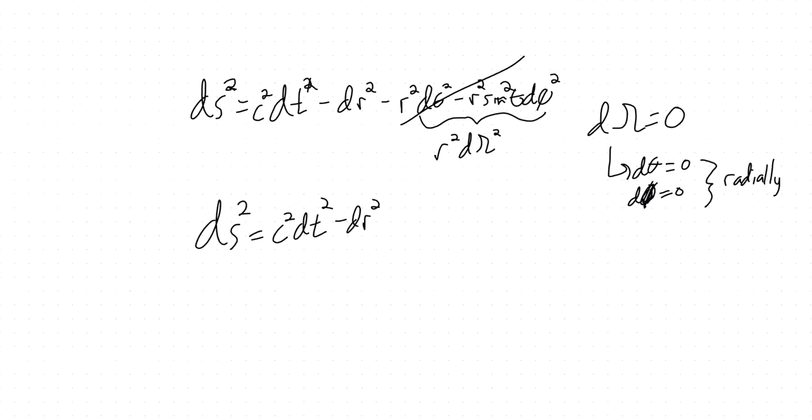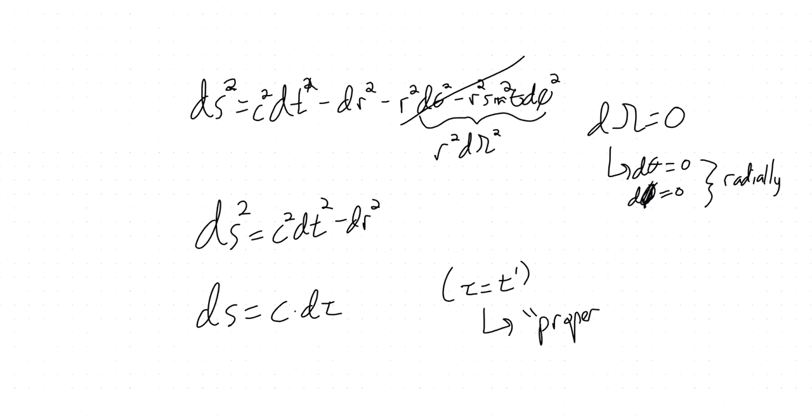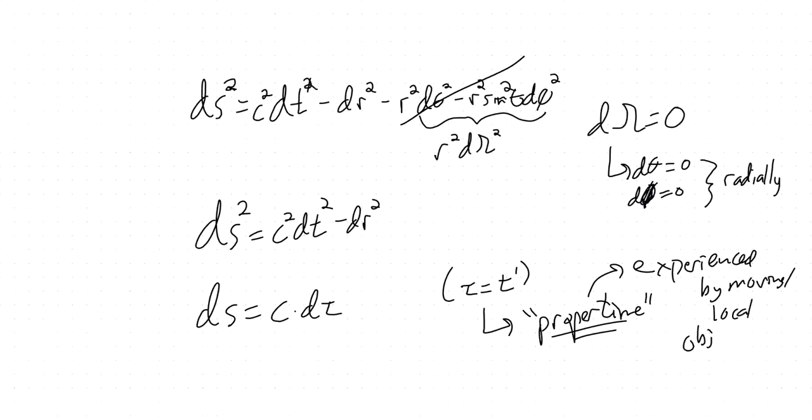The whole point is that ds is the speed of light times d tau. We usually wrote this as t prime, but I'm not going to do prime. This is the proper time. And if you ever forget this, this is what is experienced by the moving or the local object. And what we really want to remember here is that